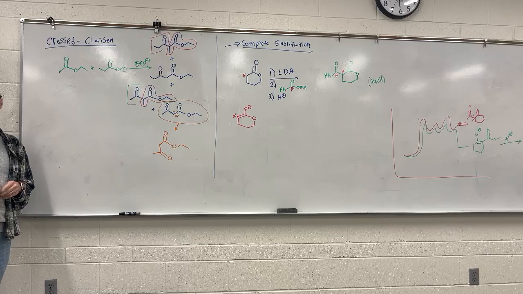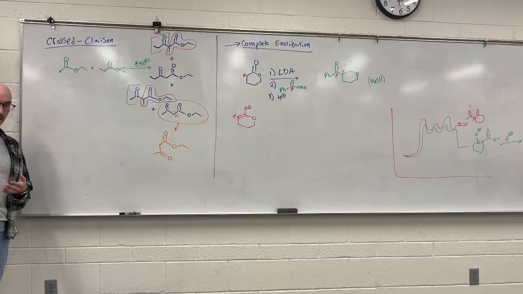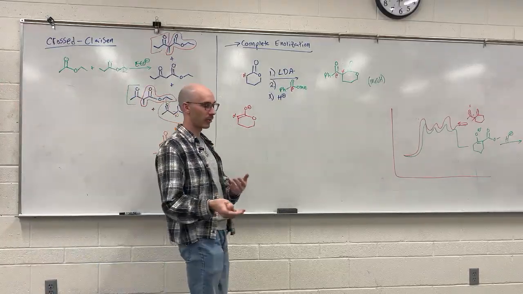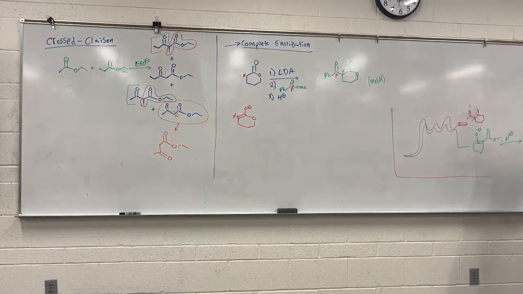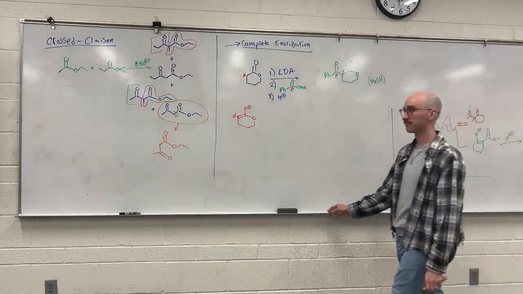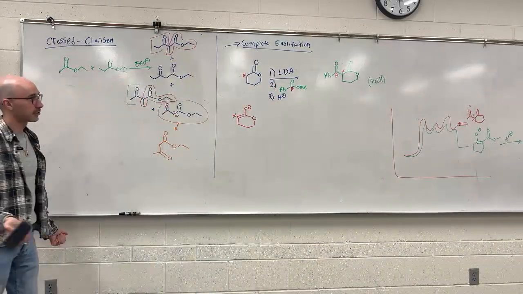Let's talk about retrosynthesis. So far we've introduced the aldol reaction. In an aldol addition, a ketone or aldehyde gets deprotonated, and the alpha carbon attacks the carbonyl carbon of another carbonyl. And we can do that with crossed reagents. But why can't I take an aldehyde or ketone and turn it into a nucleophile and then react it with an ester? Why am I only allowed to turn an aldehyde or ketone into an enolate before I attack another aldehyde or ketone? And the answer is, that's not true.